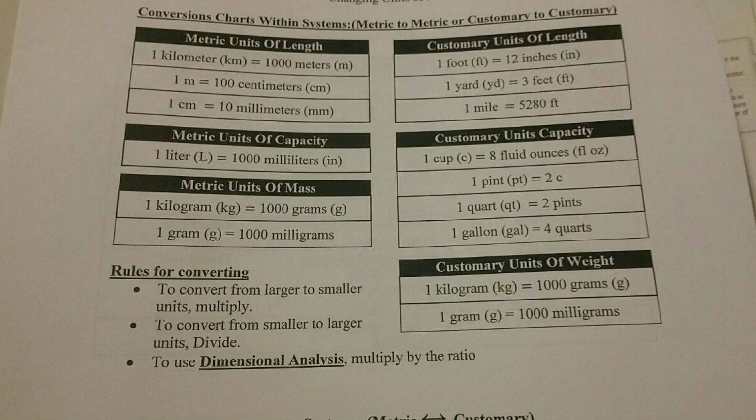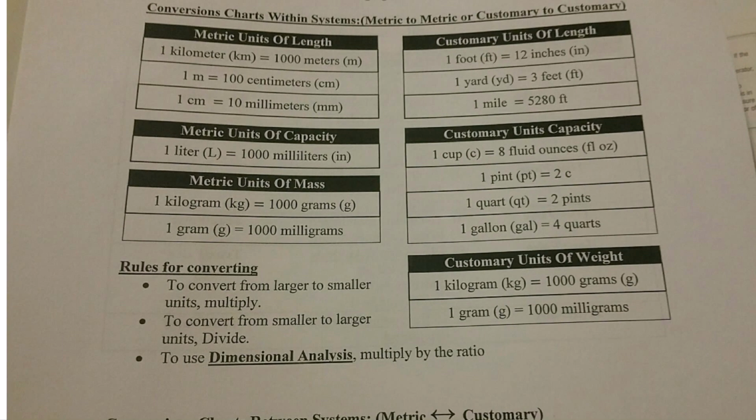Alright, and we're going to have to scribble this out because I made a big mistake here. I don't know what I was thinking. I thought I changed it, but I guess I didn't. So, this is completely wrong because this is the same thing as metric. That's not customary at all. Customary is, so the first one should say 1 pound,